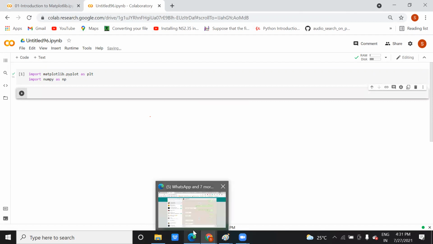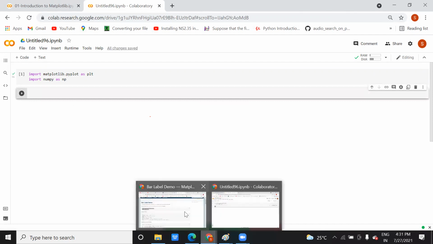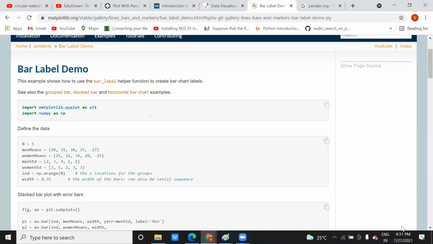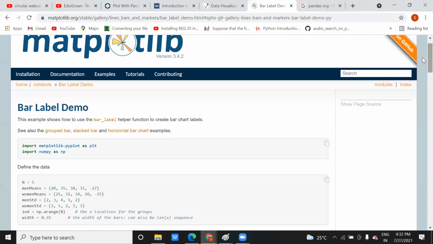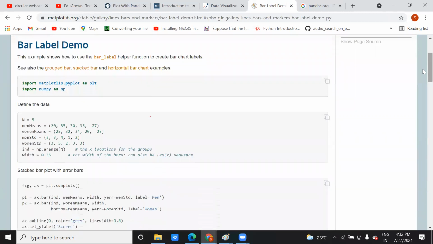Now what is the next thing here? I explained in the previous one that here we are defining our data. What data are we defining here? I have a number of data, 5.